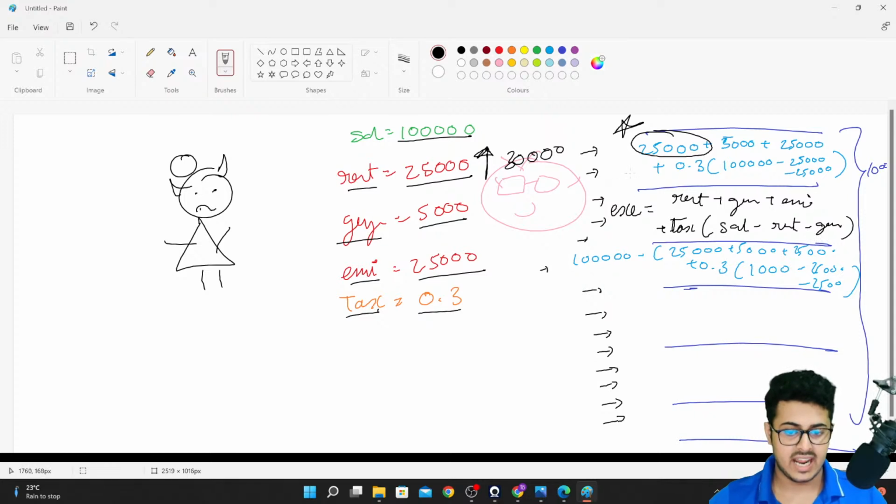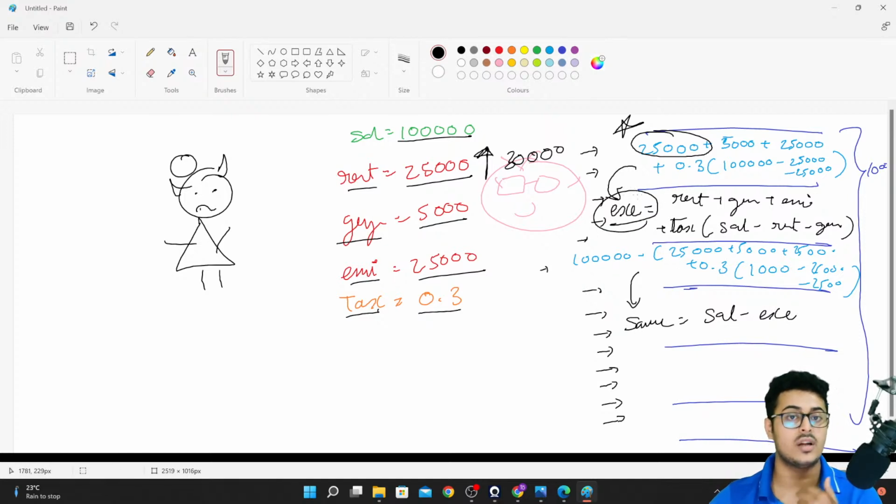Okay, so you can write the exact same thing using your nicknames themselves. Similar to that, if I want to calculate my savings, I can write SAVE, save equals sal minus exe, because I've just calculated exe.